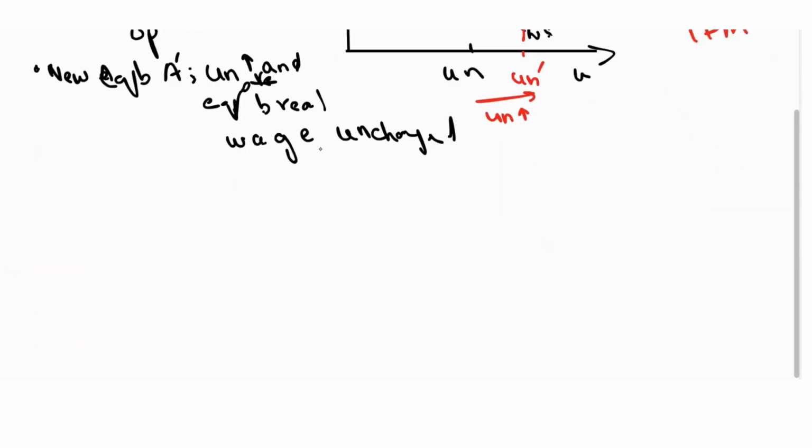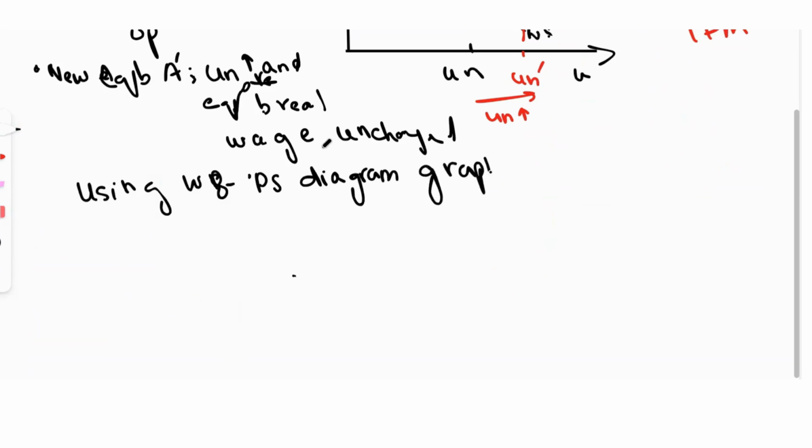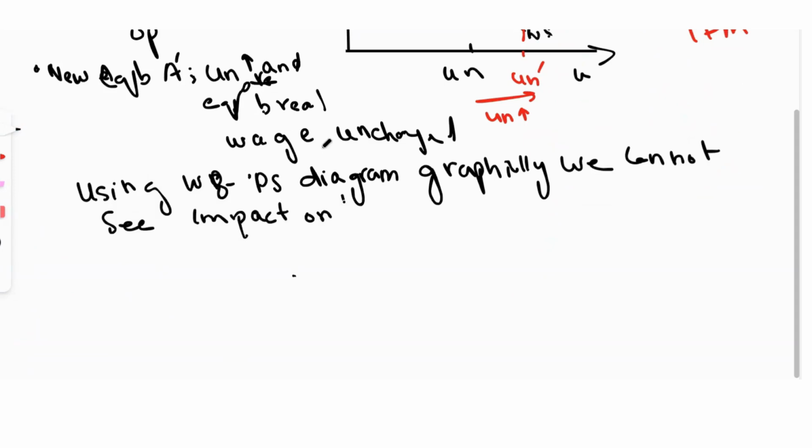Now, using the WS-PS diagram graphically, we can't see the impact on YN. Why? Because here we can just see the impact on the equilibrium unemployment rate and real wage. We cannot see the impact on YN, but we know